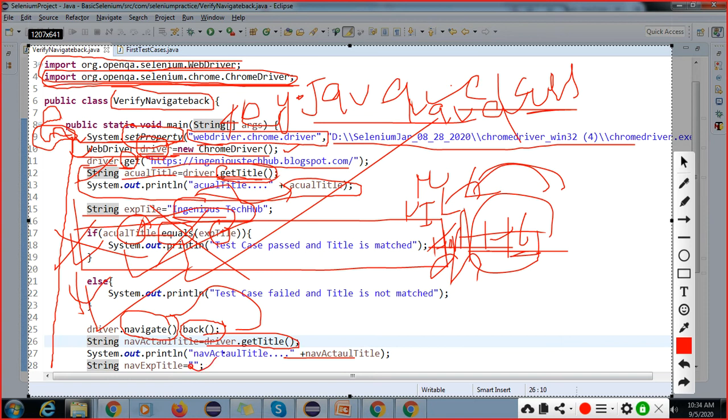So here it is coming as an empty string. Again I am using an if else condition and comparing the strings, whether actual and expected are correct or not. If it is correct, then the if block will execute, otherwise the else block will execute.